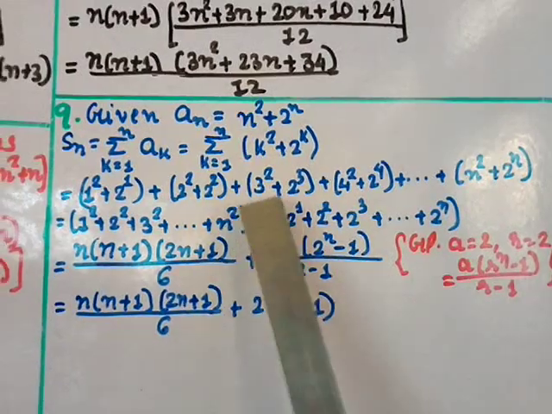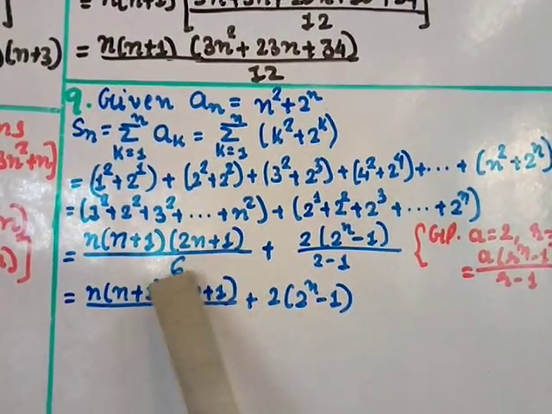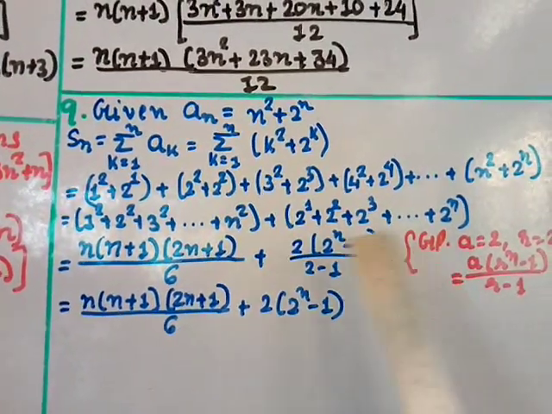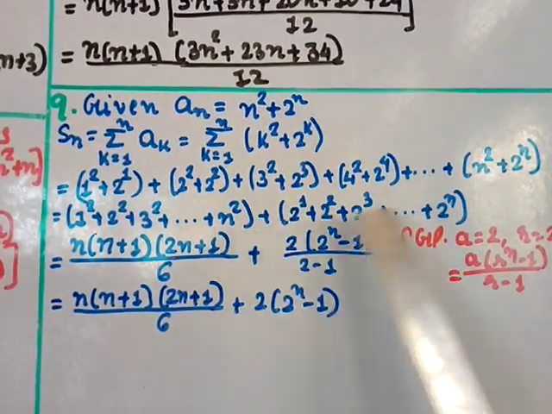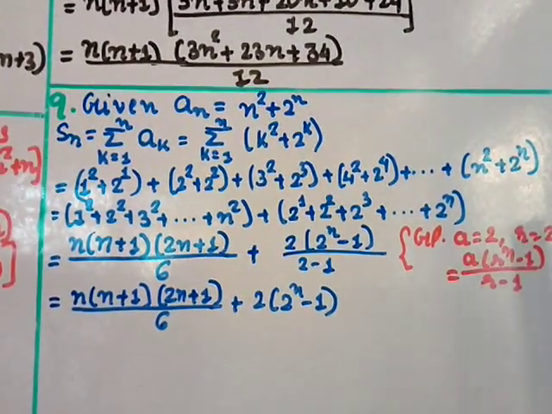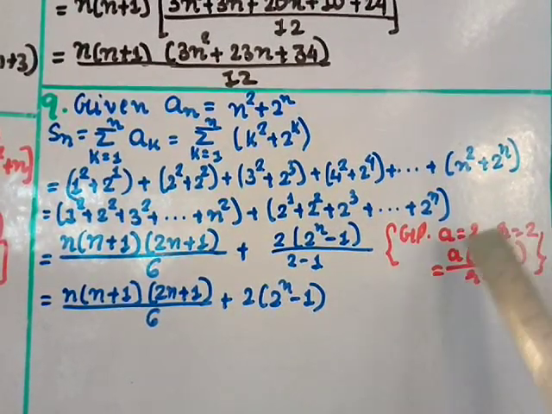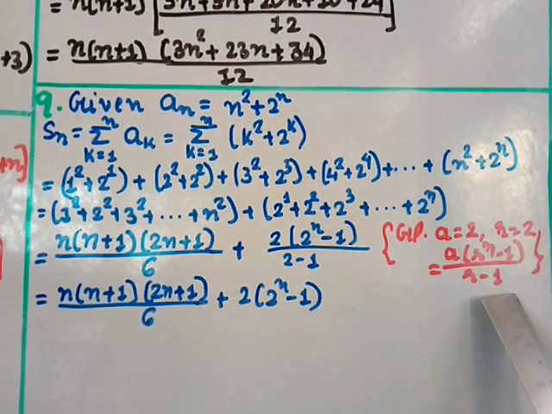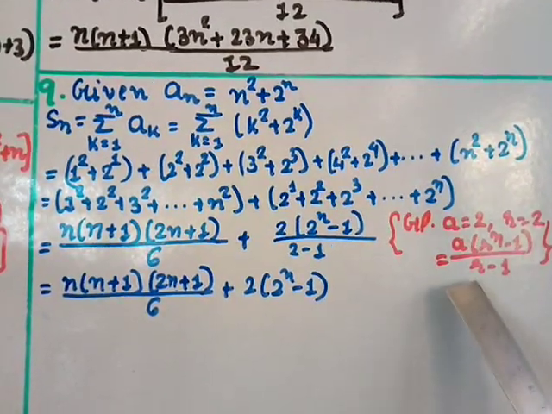Okay, so for this I will use the series formula, that is n into n plus 1 into 2n plus 1 by 6. Okay, that is the formula for this one, and this I will use the GP. Here the first term is a equal to 2, and the common ratio, 2 square by 2, will give you 2, so common ratio r equal to 2. So here this r is greater than 1, so the formula for GP will be a into r power n minus 1 divided by r minus 1. Okay, the sum of the n terms is a into r power n minus 1 divided by r minus 1.